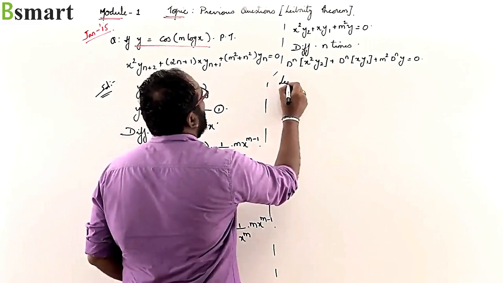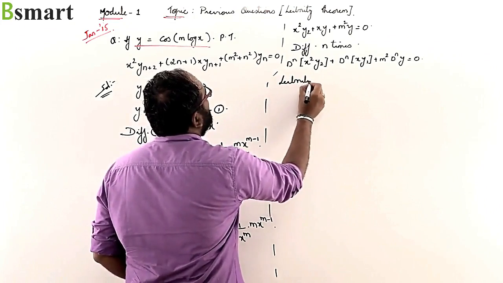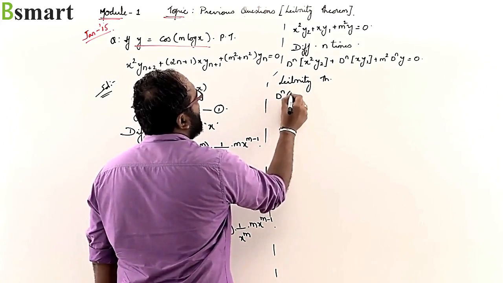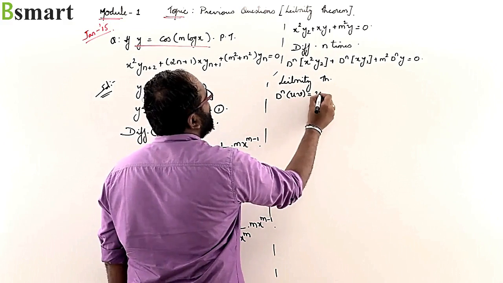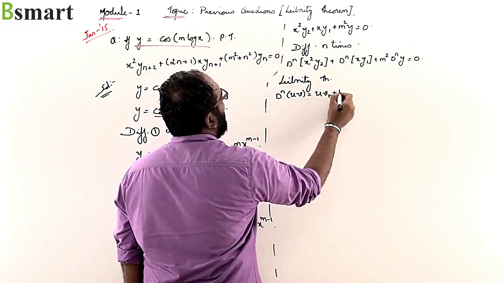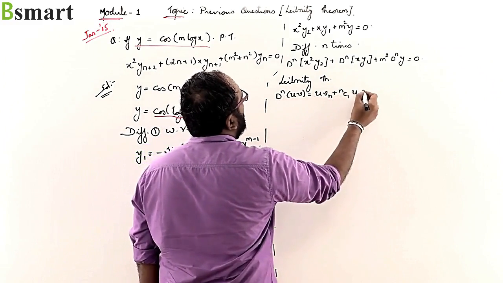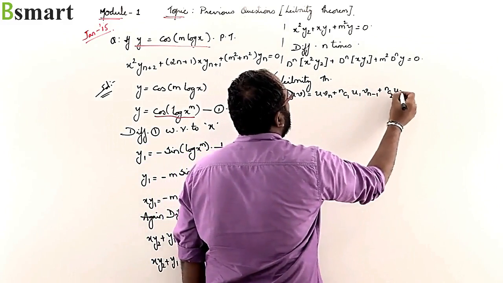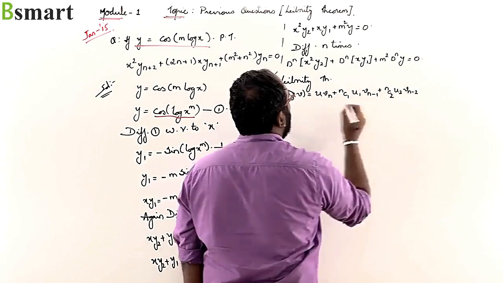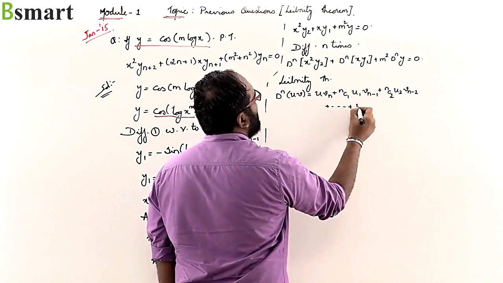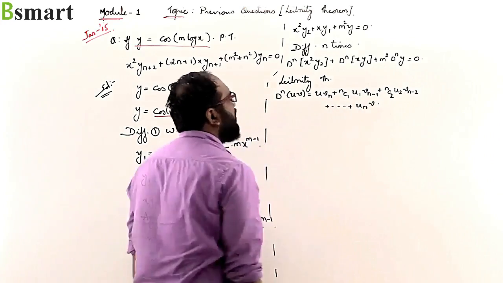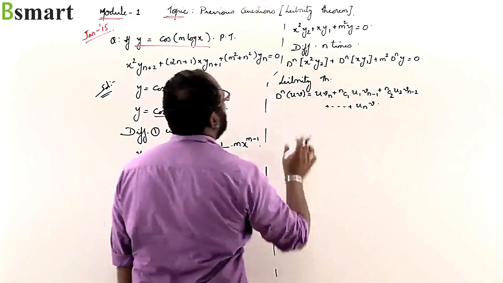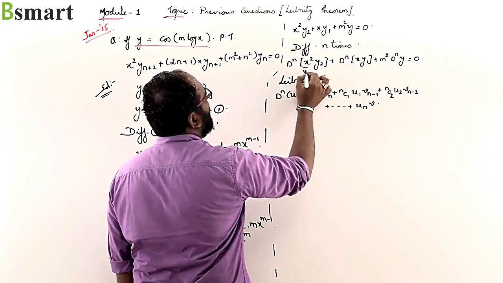Now what does this Leibniz theorem say? That is nth derivative of uv is equals to u vn plus nc1 into u1 vn minus 1 plus nc2 into u2 into vn minus 2 plus so on plus un into v. Now if we apply Leibniz theorem for each and every term, let us consider x square as u,